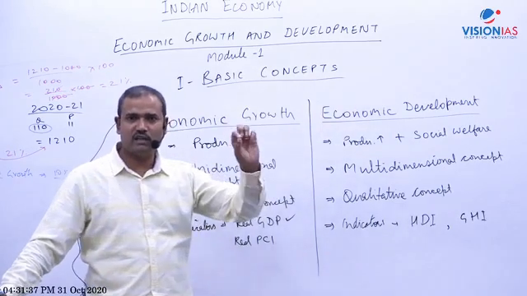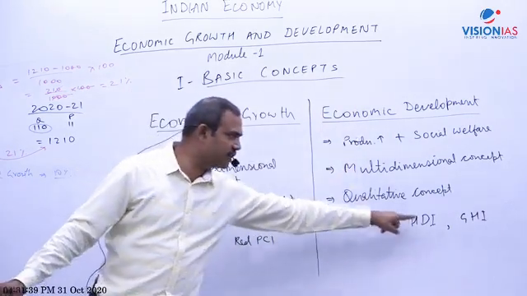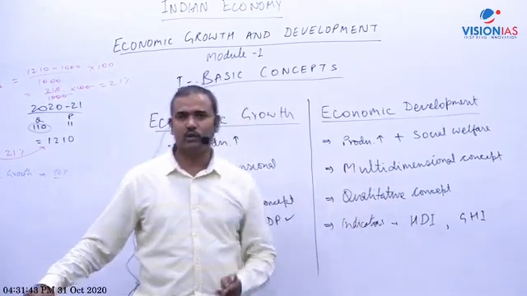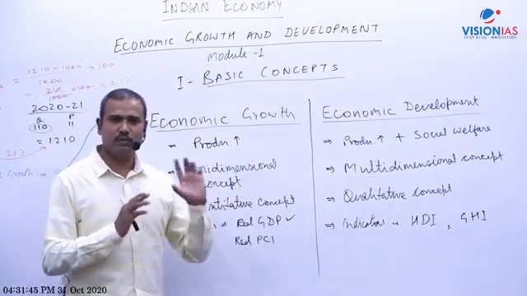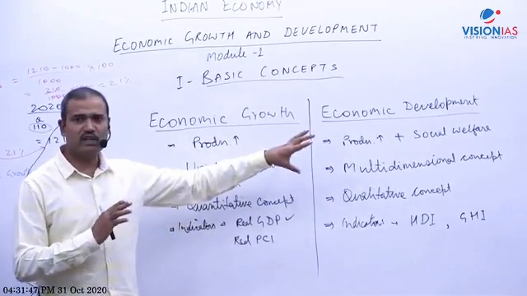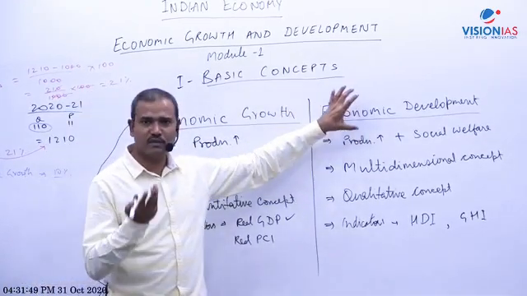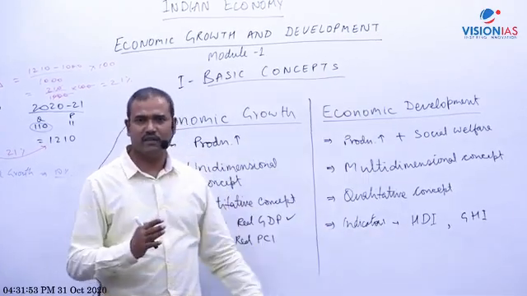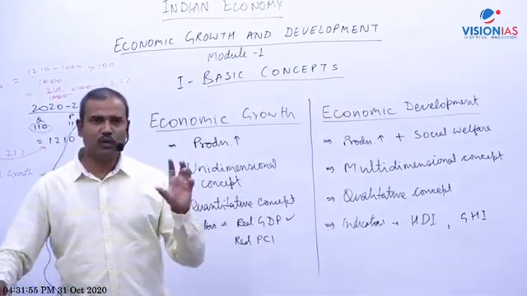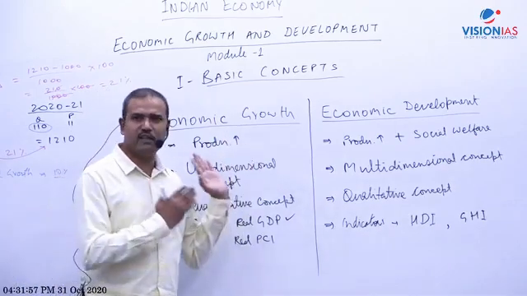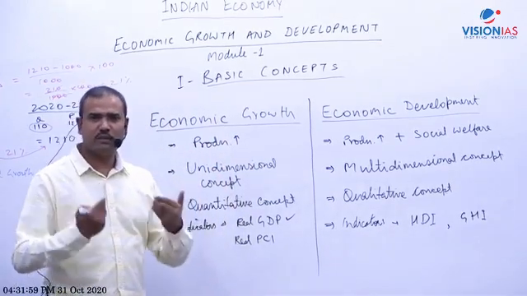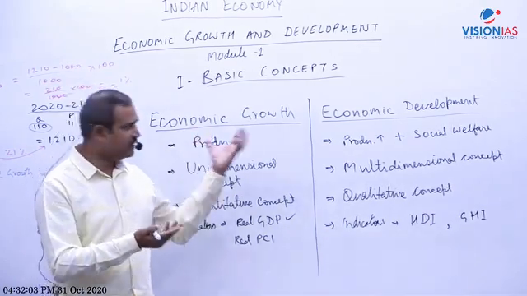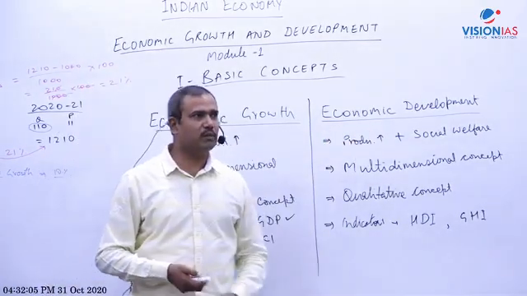Okay, I'll give you data. Then I'll give you a lot of indicators on this, which will make it clear. So it is possible: growth may be there, development may not improve. But here we cannot perfectly measure this. It is a subjective thing. We cannot quantify. Here measurement is actually subjective. So we cannot measure, but it is relatively easier to achieve. It's very simple. You can ask anybody, on a common sense basis also, you can realize it is much easier. Increasing production is easier; enhancing the well-being of people is more difficult.